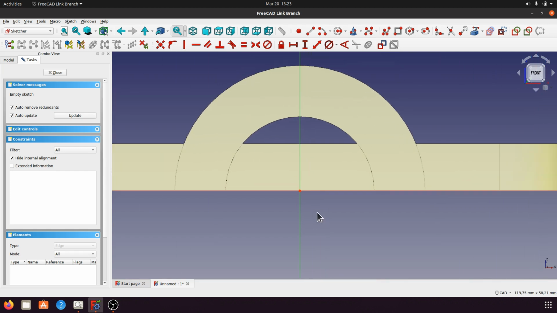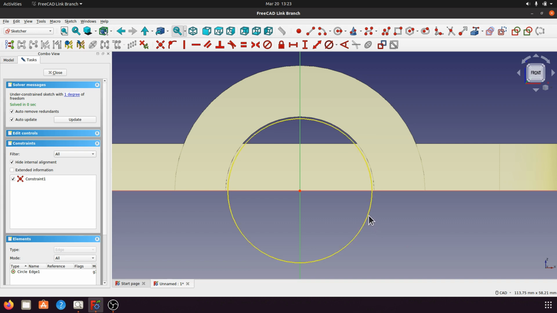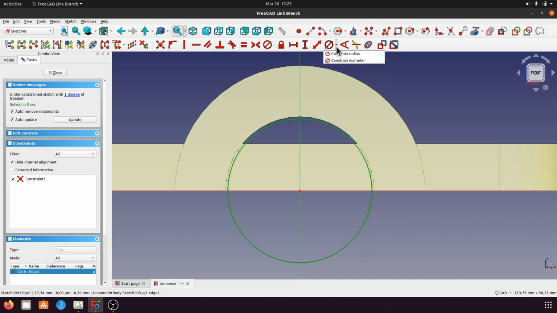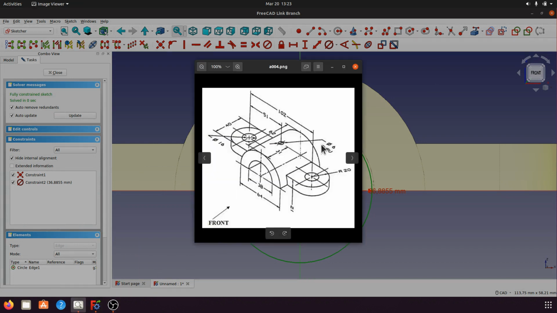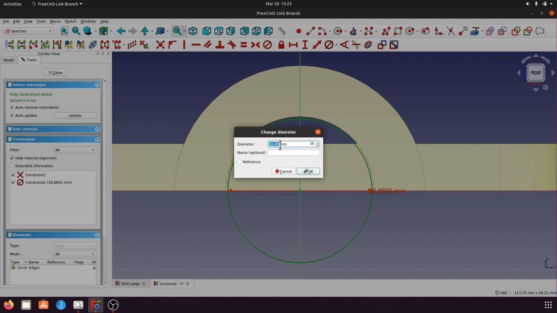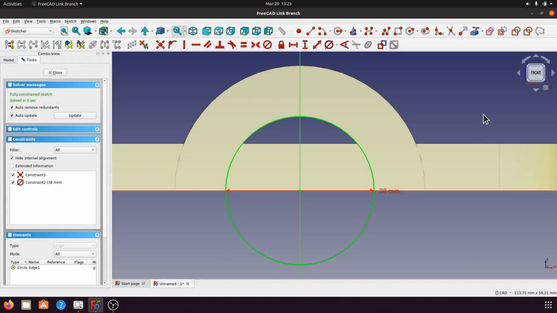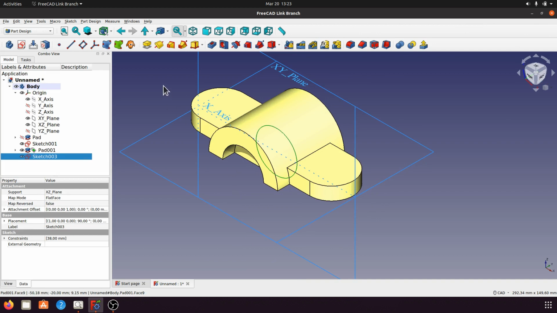Now I will create, maybe use circle. Okay, for the diameter of, let's check, 38. Okay, it's fully constrained. Close the sketch and create